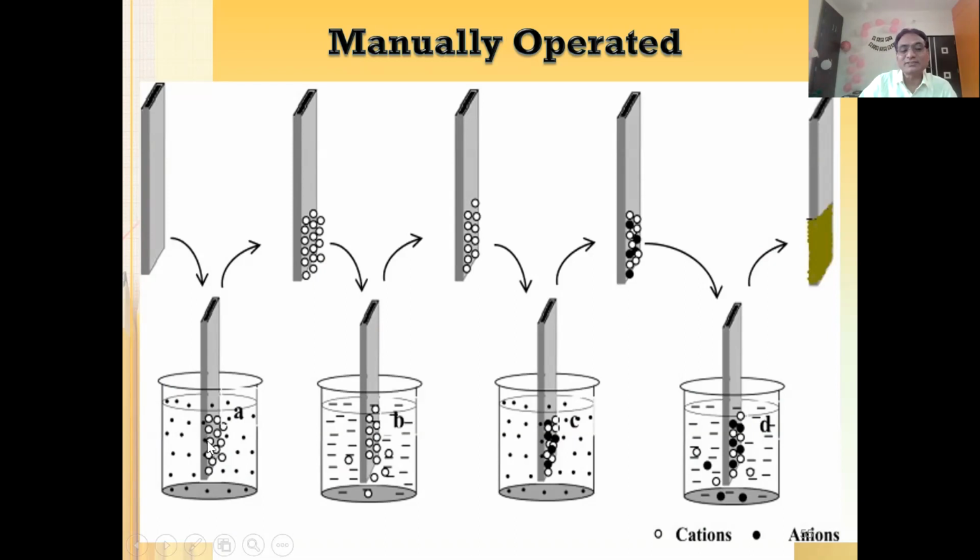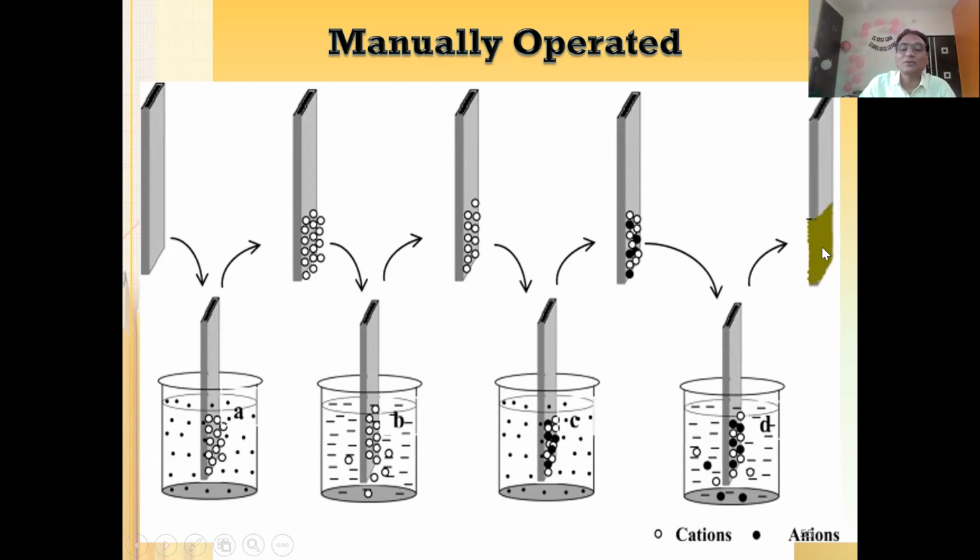You can see during this adsorption, these cations are going to be deposited on the substrate. Excess cations and anions are going to be removed. As a result, there will be only cations on the substrate, and then during reaction, anions are going to be introduced, and there will be a reaction between cations and anions one to one. As a result, a stable product is going to be formed, and during rinsing, whatever unreacted species of cations and anions are there is going to be removed.